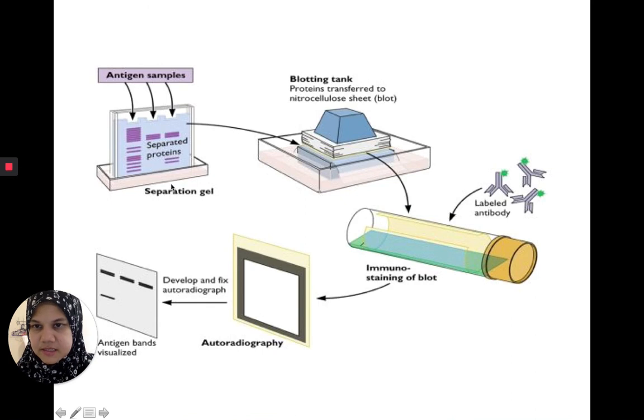So this is the SDS-PAGE. You've got the protein separated. It goes into a blotting tank to transfer from the gel to the membrane. And then you put it into basically this bath with antibodies or labeled antibodies. And what this does is, just being in a tube allows it to constantly be covered by the solution. And the tube's usually placed on a roller, so it's constantly rotating. It is quite nice because you don't have to use so much of the antibody solution, and you have enough to just keep